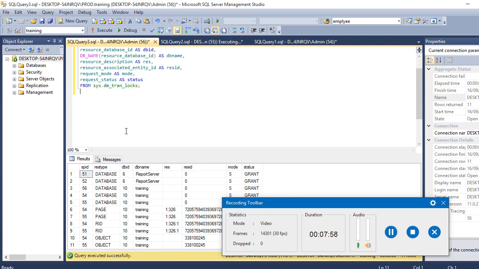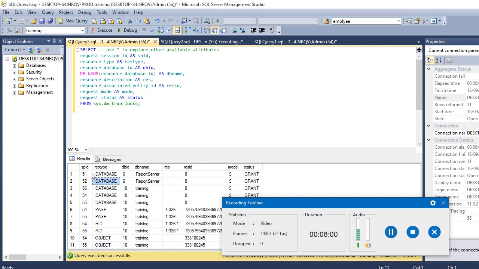Now we can see the server process IDs, SPIDs, connection IDs. Our database is training, so let me put a where condition to filter out some rows, since our database is the training database.